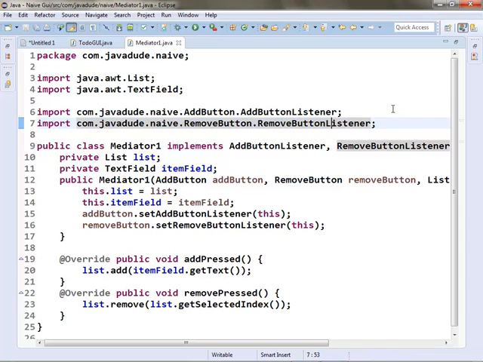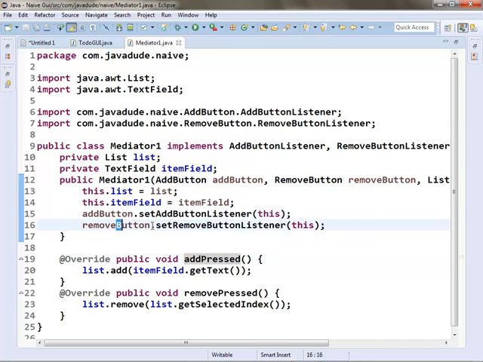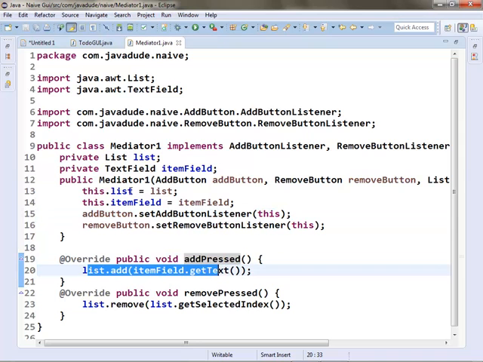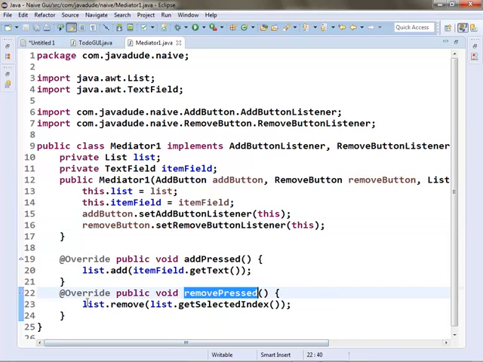So here's a really, really simple mediator that implements those two interfaces. So he's the one saying, I'm going to fulfill the contract of the AddButtonListener and RemoveButtonListener by having addPressed and removePressed methods. Then when I'm getting set up, I'm going to add myself as the button listener for those two buttons. Makes sense, right? So when the add button is pressed, addPressed gets called, and I'm going to do the list add. When the remove button is pressed, removePressed is called, and I'm going to do the remove from